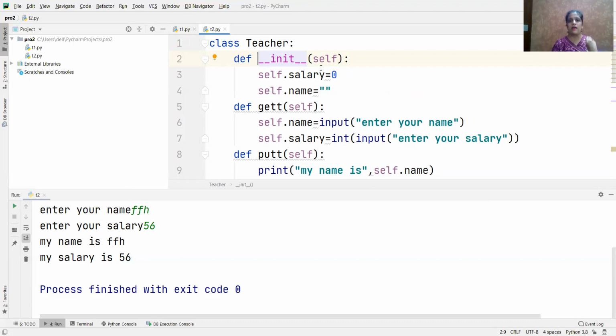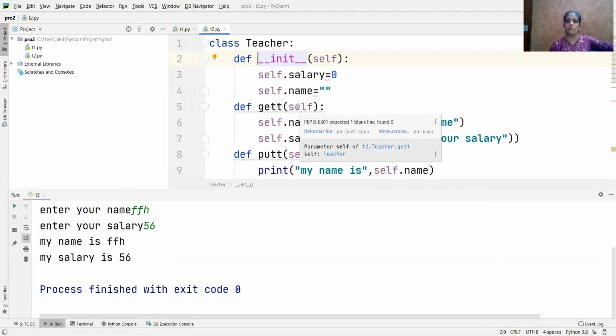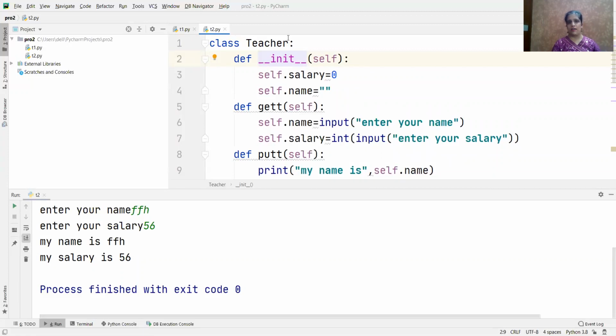So these variables are your instance variables. Salary, name, these are all your instance variables. So C मेरा एक object है. So C is my instance, and this salary and name become your instance variables. And I'm calling these functions using these variables, and self is taking the reference from those particular objects. So class teacher I have defined.